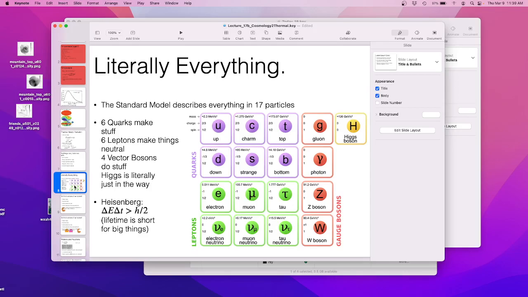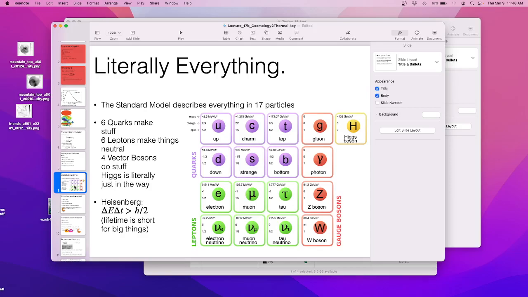Now we know that there are things that are not on this chart. Because I keep talking about dark matter, I'm going to continue talking about dark matter as if it were a thing. And I'm going to continue doing that professionally until somebody shows me that it's not a thing. But the evidence is built up that dark matter is probably a thing that's there. So that's not in here. Also, the neutrinos. There's a cool talk on the neutrino mass this afternoon if you want to go see it. This is an interesting problem.